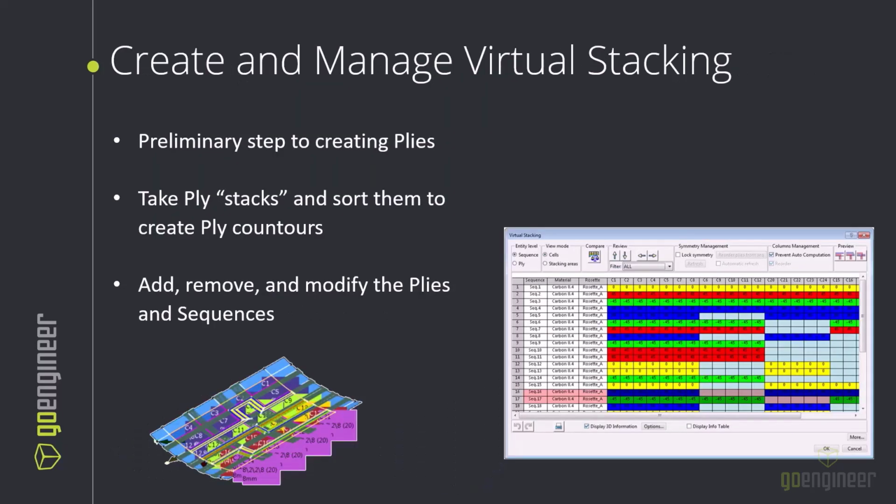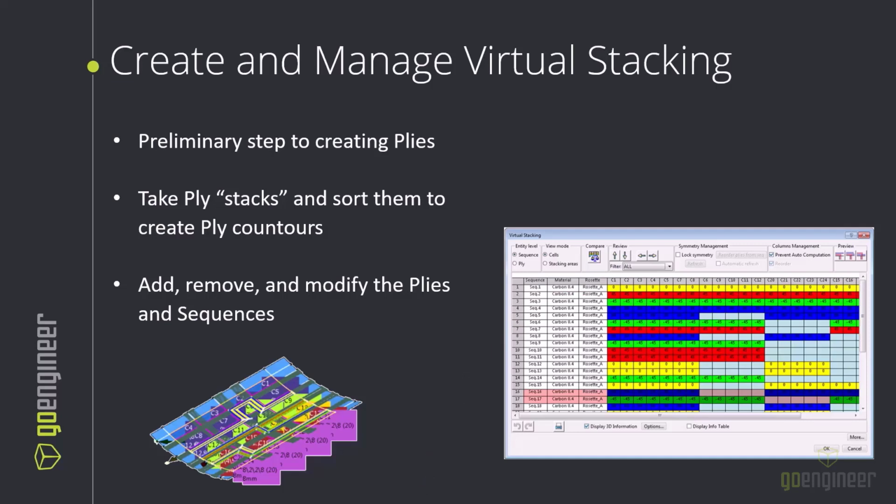So once we've defined all of our cells and all the stackups of those cells, we're ready to move on to our virtual stacking tool. This tool is essentially the preliminary step to developing our plies in 3D in our tree. In this step, we're taking all those cells that we developed and combining them together to develop our contour of our plies. And simultaneously, we're also developing our sequence,